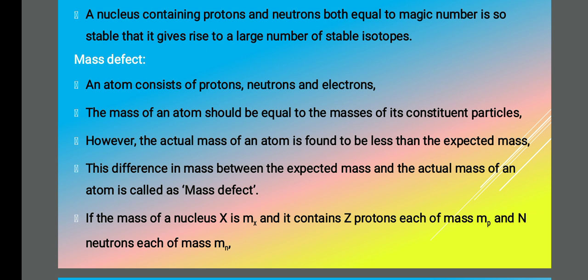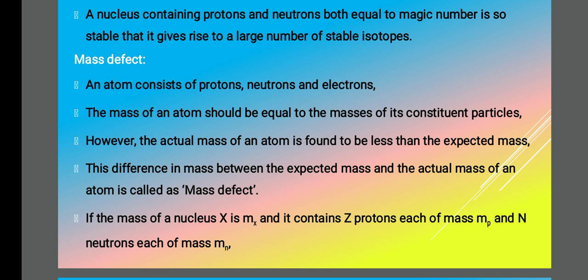Clear with the point? I'll repeat. So what do you mean by magic number na enna nama konja numbers kuduthirukanga. Nuclei with 2, 8, 20, 50, 82, 126. இது ப்ரோட்டானாக இருக்கலாம், நியூட்ரானாக இருக்கலாம் அல்லது மாஸ் நம்பராக இருக்கலாம். இதில் எந்த நம்பர் வந்தாலும் இந்த நியூக்ளியை is said to be highly stable and this number we call it as magic number. Is it clear with the point?